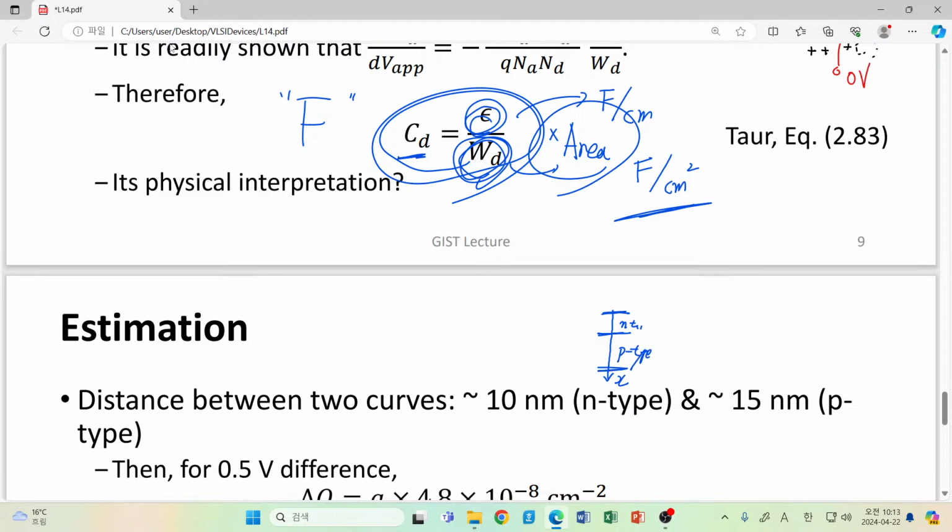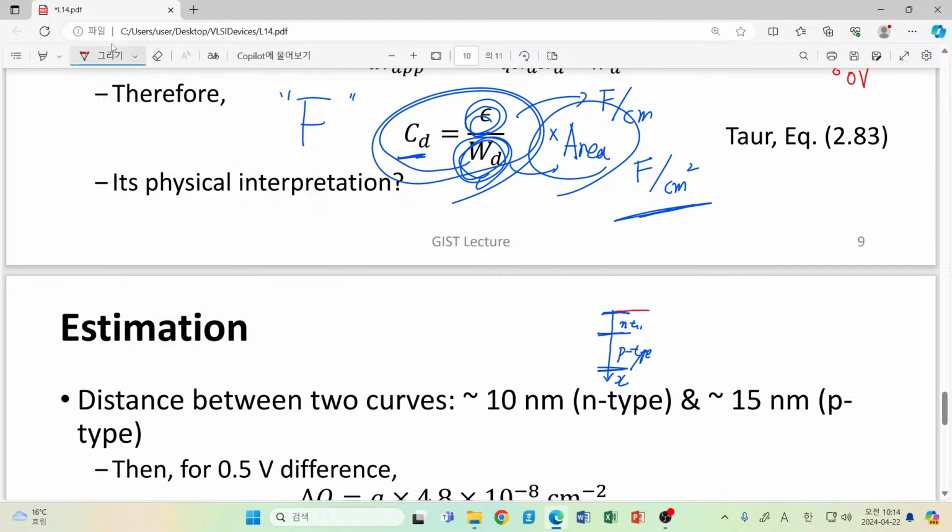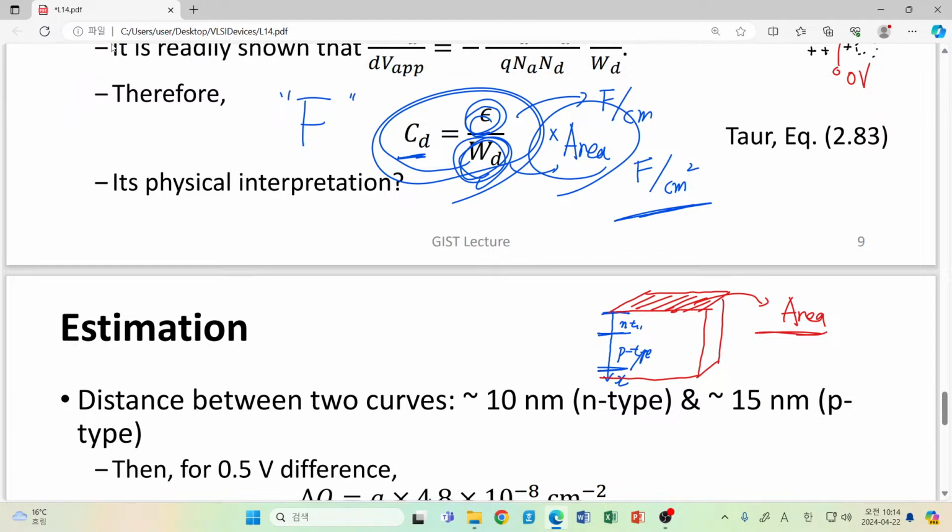We have studied it in that way. However, in reality, since this is a 3-dimensional structure, we have certain dimensions in the other two directions. Yes, this is the actual structure, and the area of this structure should be multiplied